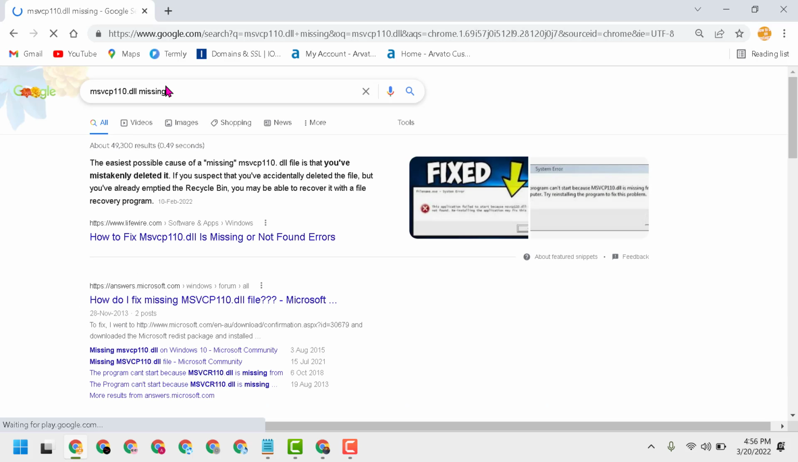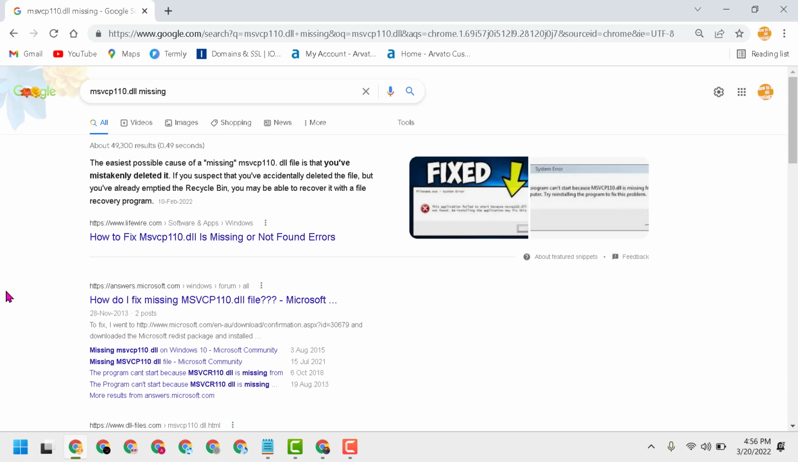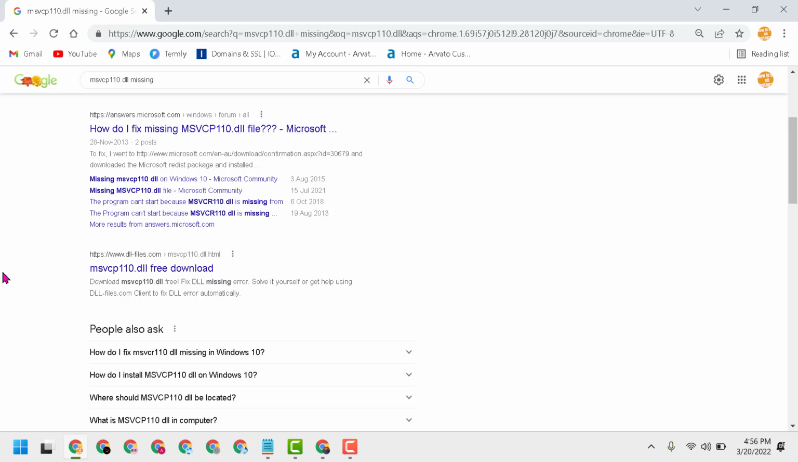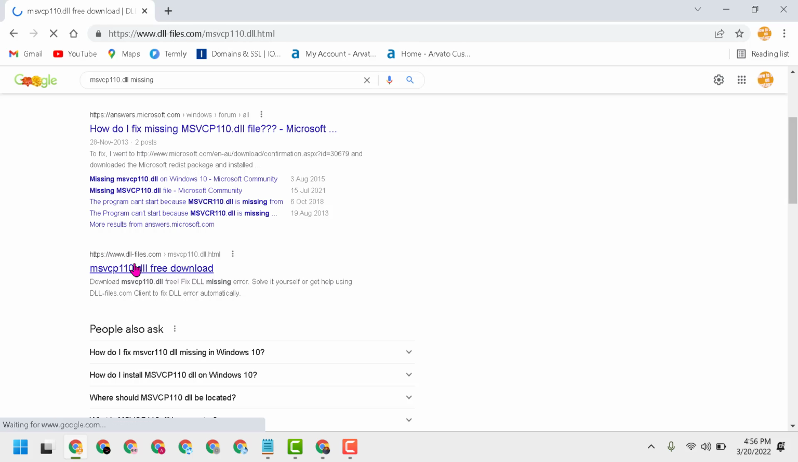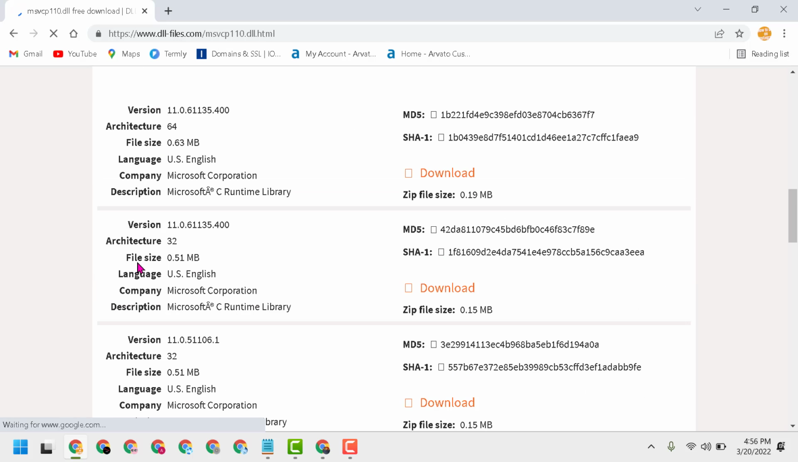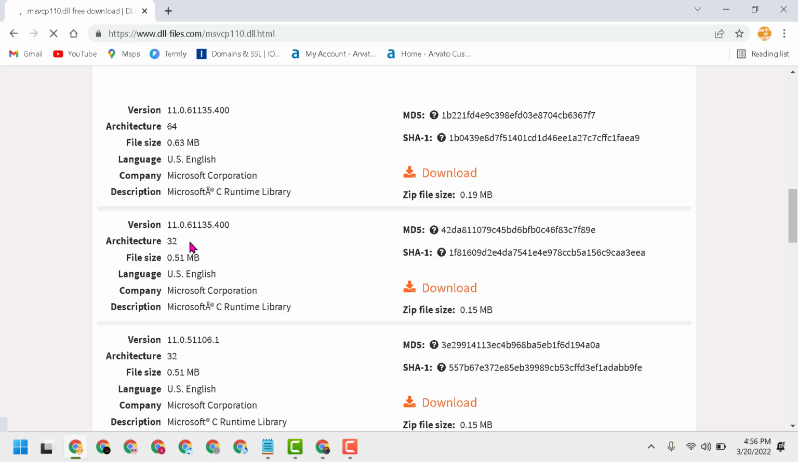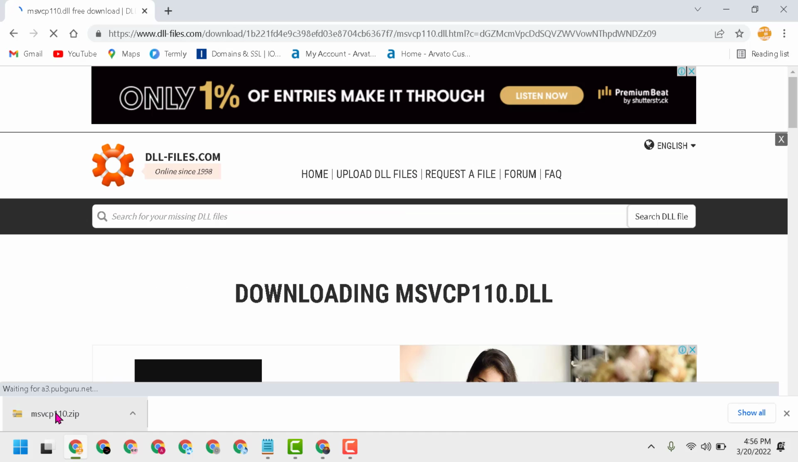msvcp110.dll missing download. Now here guys, you have to open this official link, the DLL official website. Scroll down and download as your PC requirement, like 32 or 64 bit. Now double click on this zip file